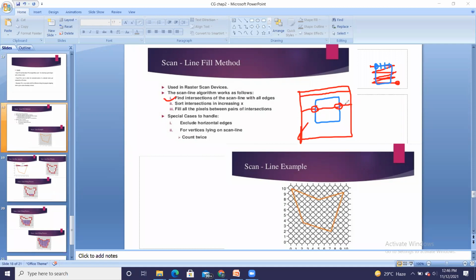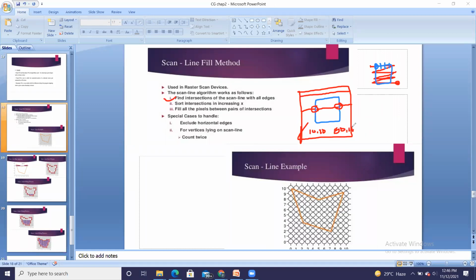So this line intersects the object 2 times. Let us assume this point is having coordinates 10, 10, and this particular point is having coordinates, let's say 50, 10. X is incremented only and Y is as it is.